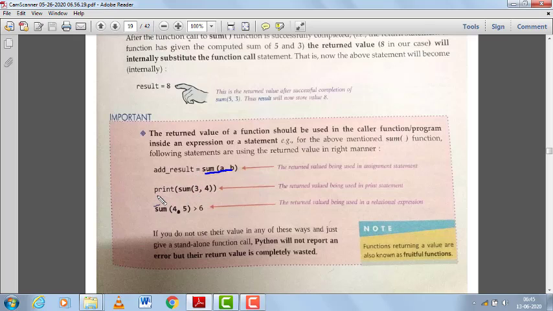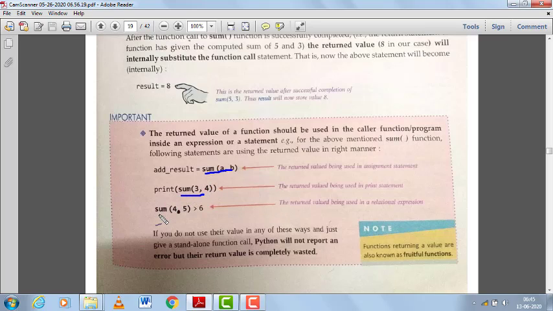In the next statement, there is a calling of the sum function inside a print function. In such a type of calling, the inner function call will occur first, and then the value returned by this function will be used as an argument by the outer function. That means first the sum function will be called, it returns some value, and after that the print function will be called with the argument returned by the sum function.